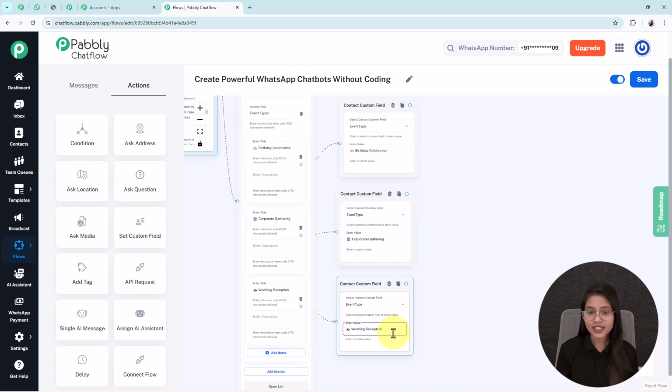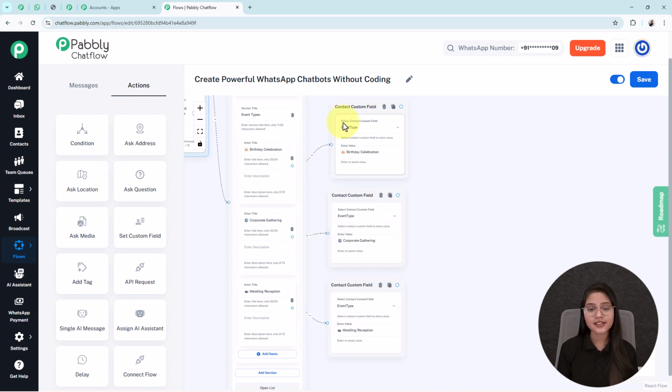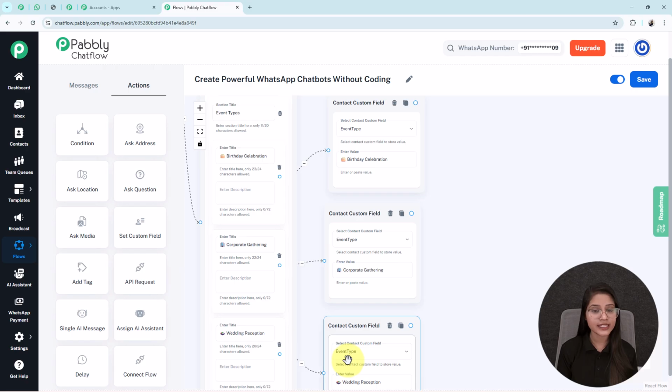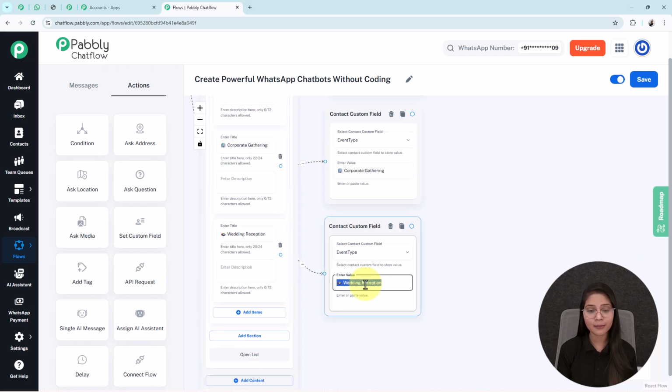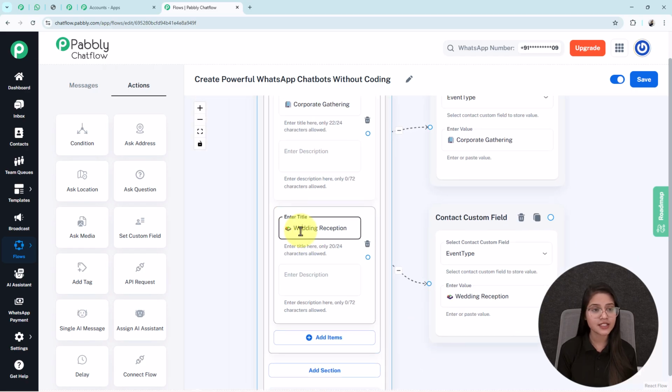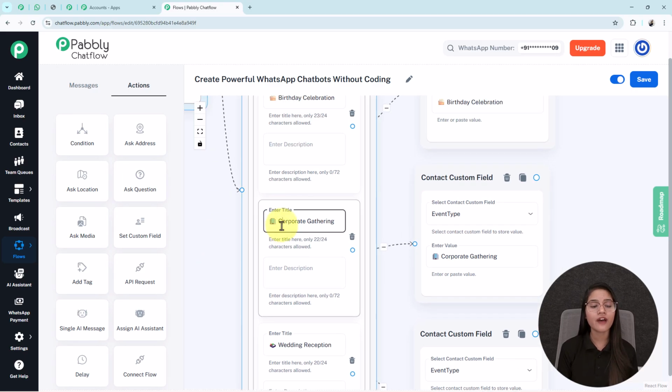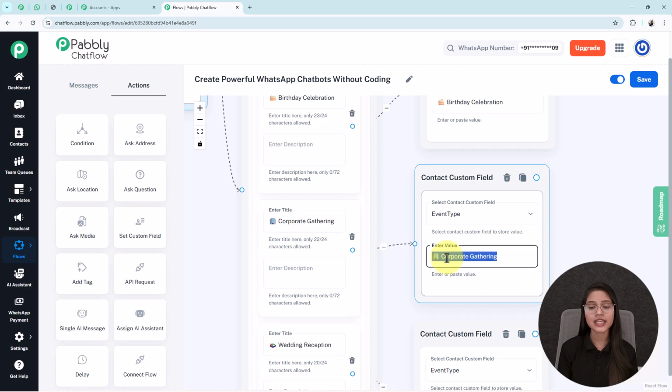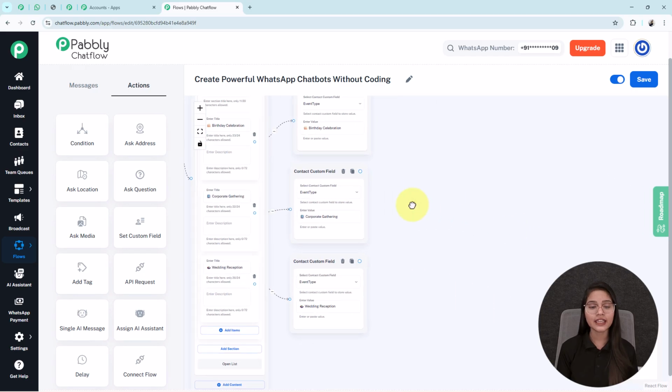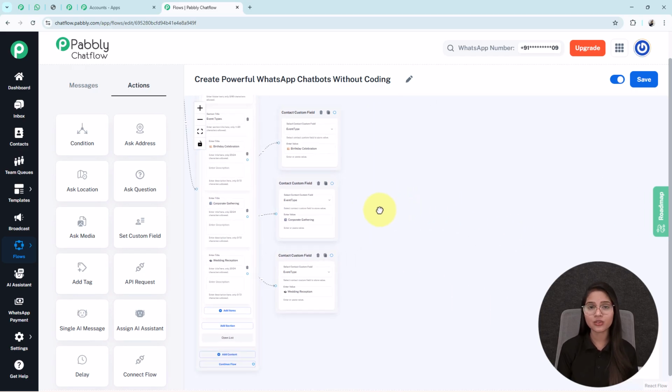Here I have added, as you can see, the same contact custom field in each of these nodes as an event type, but only change the value based on the input that I have entered in this enter title box. You also have to make sure that the input you have entered in the enter title box is the same you write in this enter value box. At the end, this will help your bot provide a customized message to your users completely based on their selected choice. Now, when my user selects the event type, my bot will reply by asking them